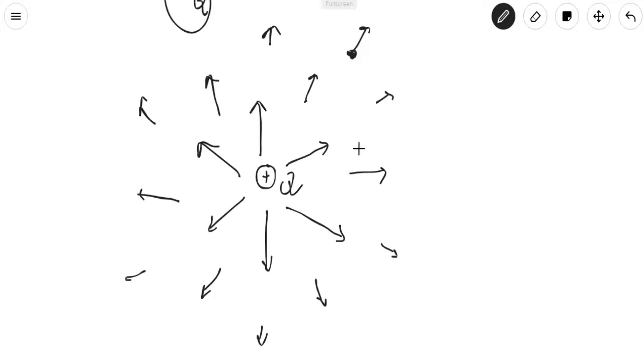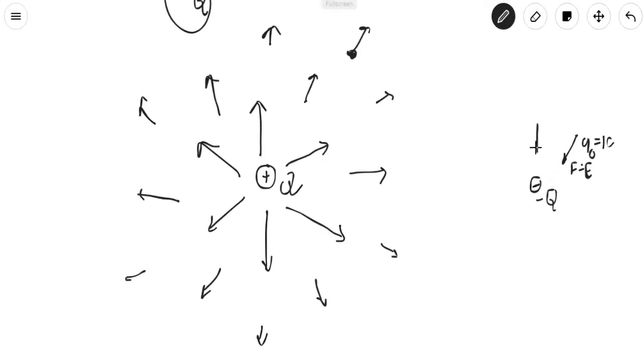So you can assume for a negative charge, say minus q, the electric field will be in the inward direction. Suppose at this point we want to find the electric field, we will assume a test charge of positive 1 coulomb, okay, and in that case our negative charge will attract it in this direction. So this is the direction of force, and hence it is the electric field.